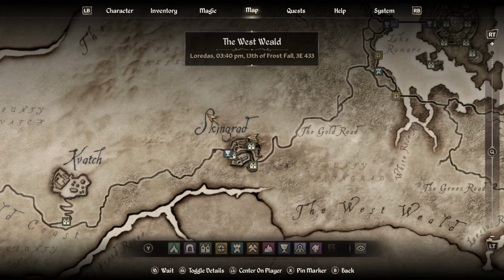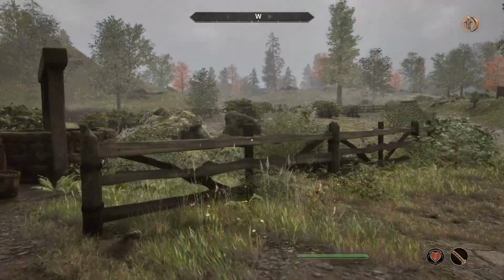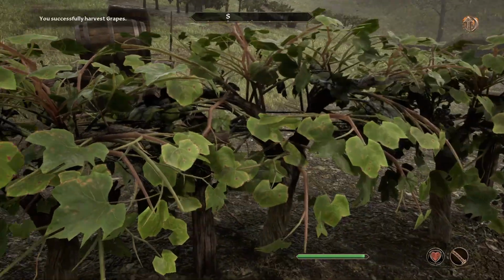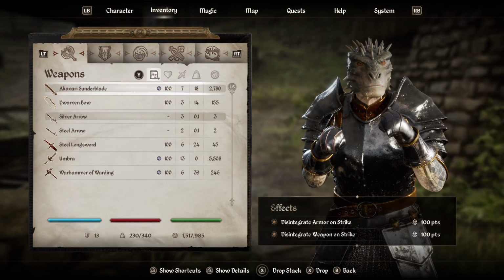Then what we're going to do is fast travel. We're going to go to the stables the other side of Skingrad. Then when you are here, this is a vineyard. So you can take all of these grapes. So if I just take 3 of them for now, then what you can do is